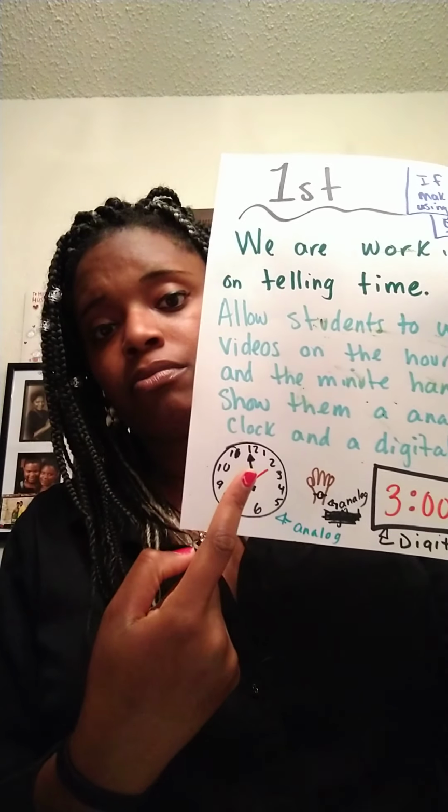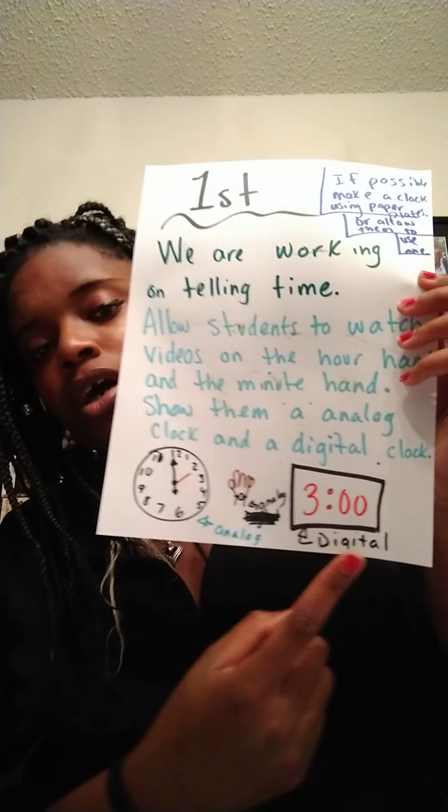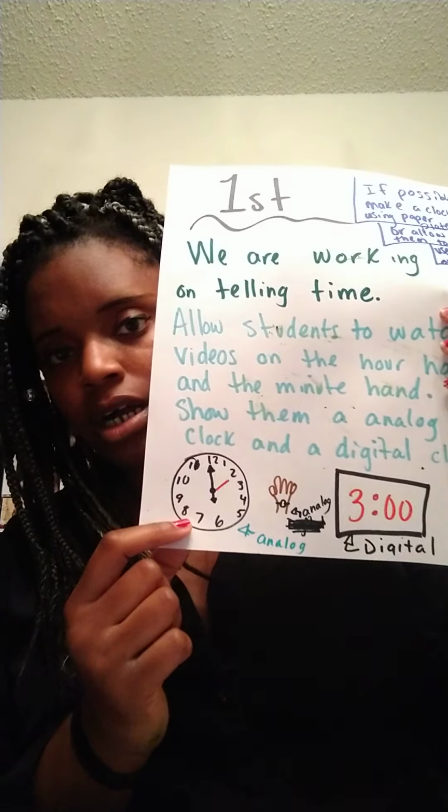And then of course, lunchtime and specials and all that. And then in math for first grade, they are going to be going over time. So they should be going over the minute hand, the hour hand. They should be talking about digital and analog. And also there are really great videos on YouTube for them. For example, Jack Hartman does really good videos. That's a great resource. Just about everything I'm talking about here, you could literally put it on YouTube and say 3D shapes Jack Hartman, and a video will pop up.